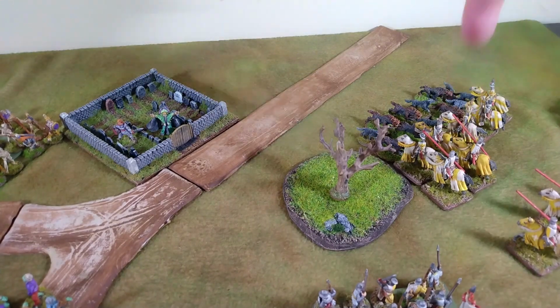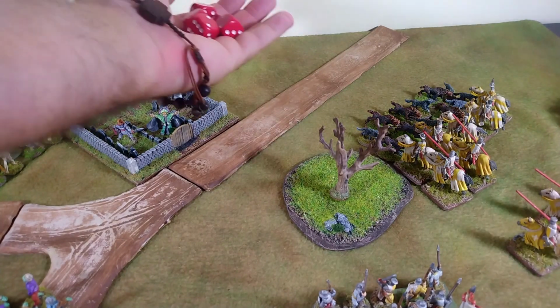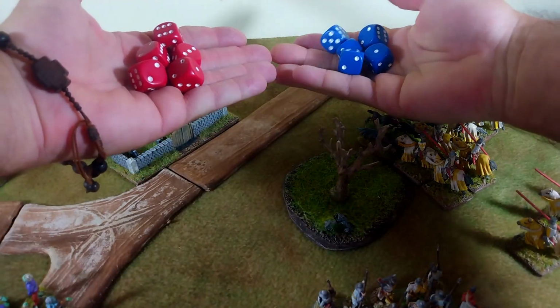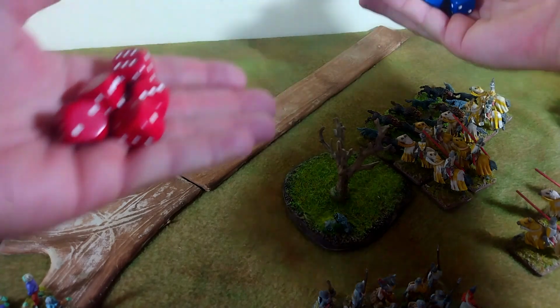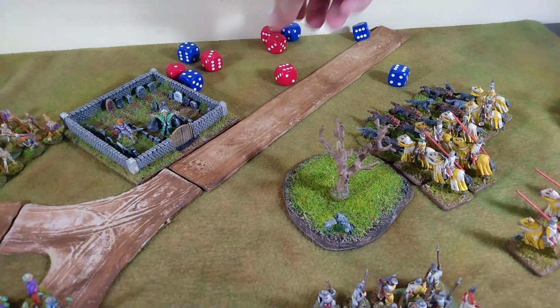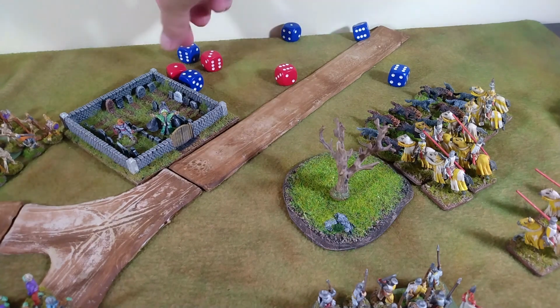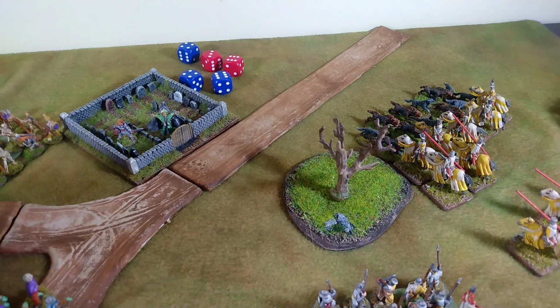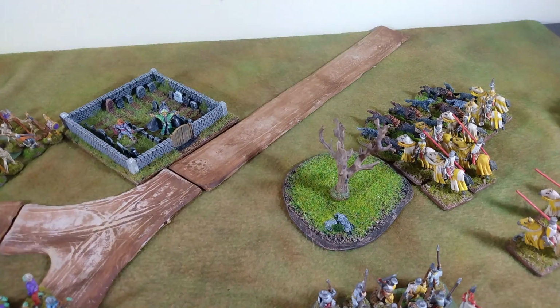The Knights now get to counterattack. The red dice represent hitting on 3s, and the blue dice represent hitting on 4s. One is the horses, one is the mounts. So red dice on 3s. So the red dice don't do so good. And it's the mounts have a weapon skill of 3. So the knights score 2 hits, and their mounts score 3 hits. That's 5 hits altogether. The wolves are going to be dealing with...